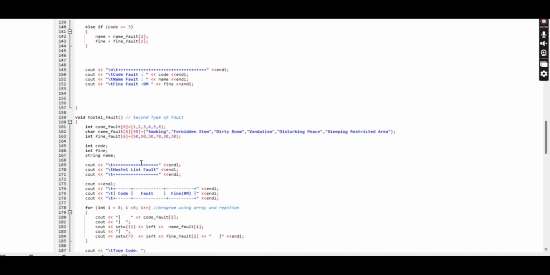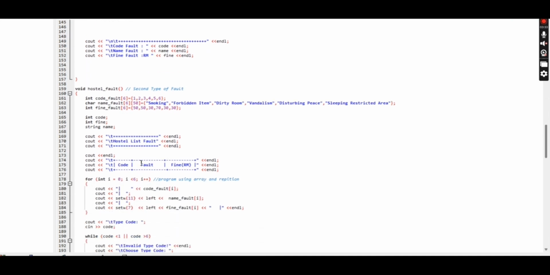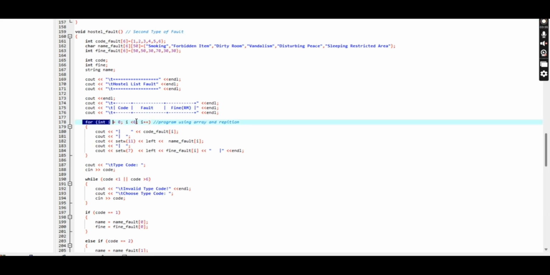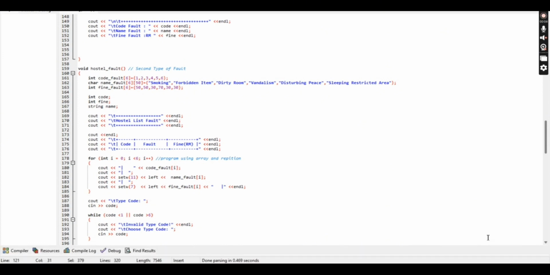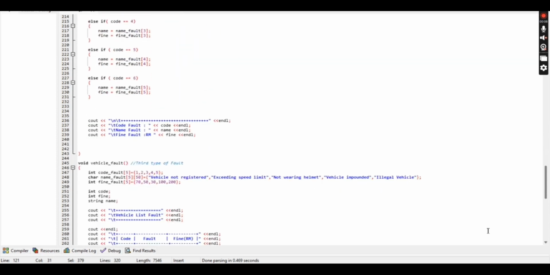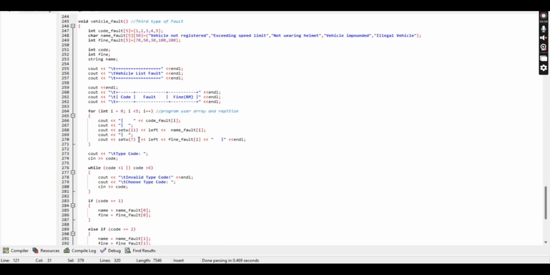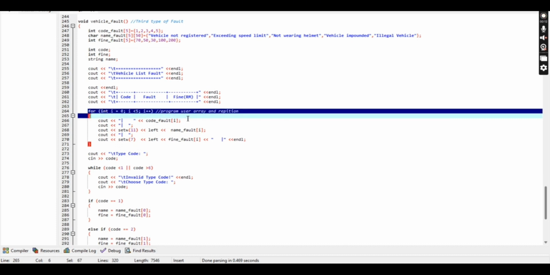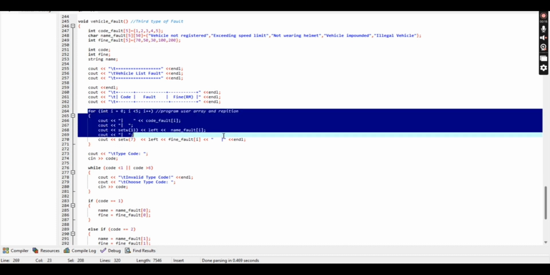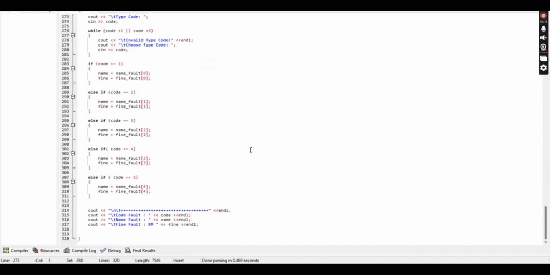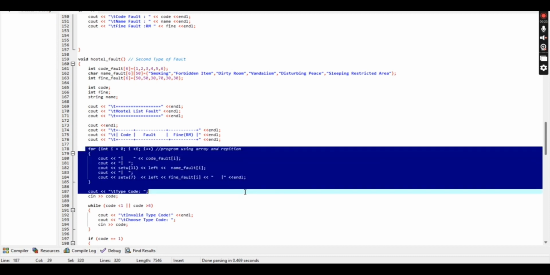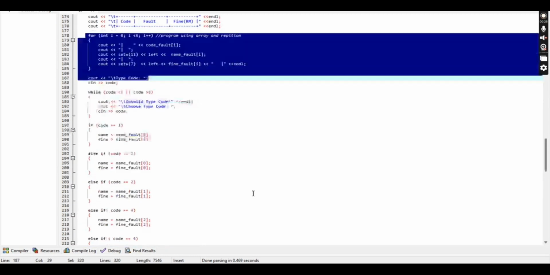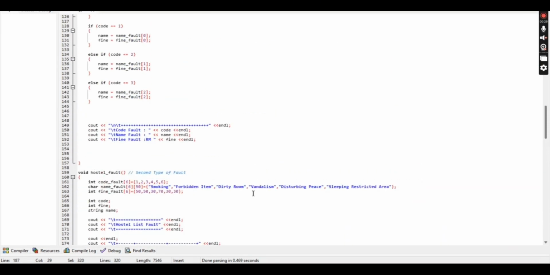Same as the other function, we use array and repetition inside the function. For the other function, we also use array and repetition. For vehicle fault, we use it at the same place after the here, and for hostel fault, which is here, we use it 3 times. Okay, so at the main function,